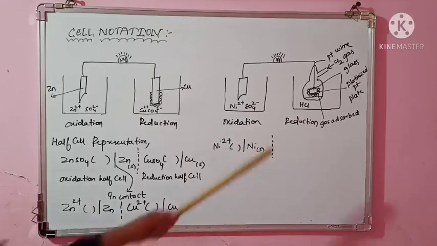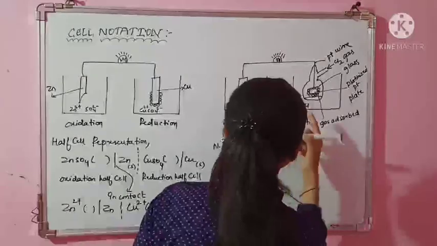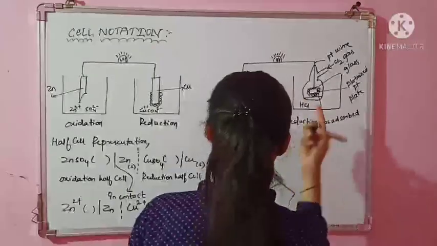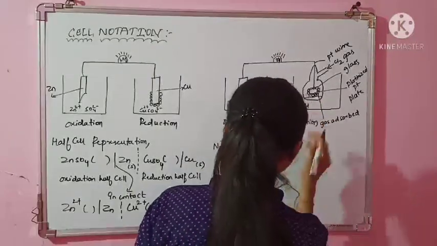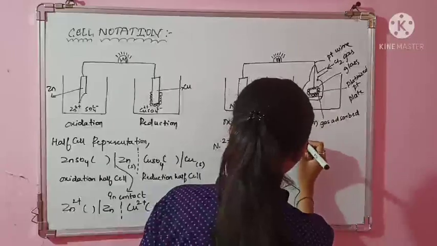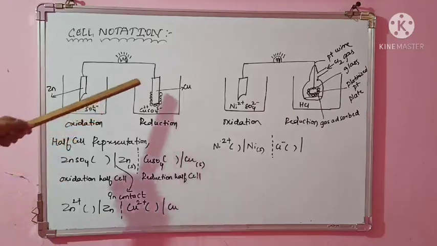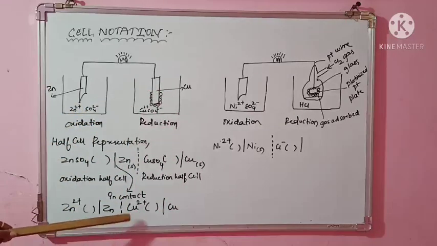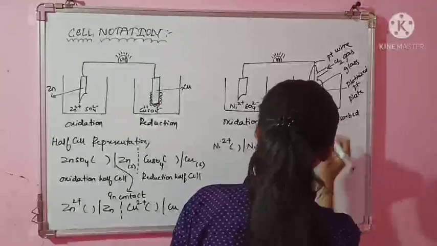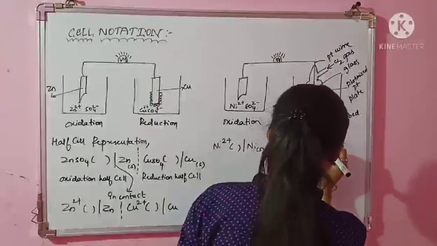Here you can see the solution is Cl minus. The solution HCl you can also write. Cl minus will have a certain concentration, and then in contact with. Now the thing is what to write. You wrote Cl minus and its concentration, but here you don't have a solid metal like this. There you have taken chlorine gas, so you have to mention Cl2, which is in the gaseous state.